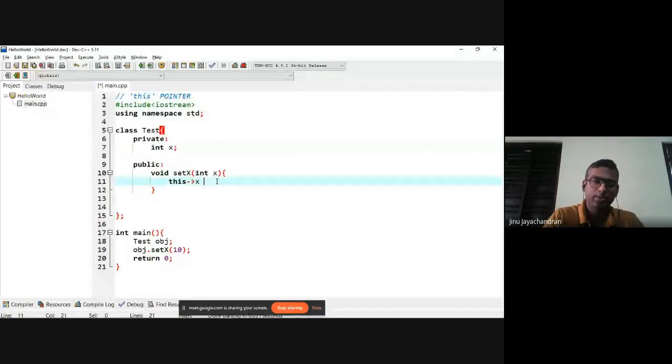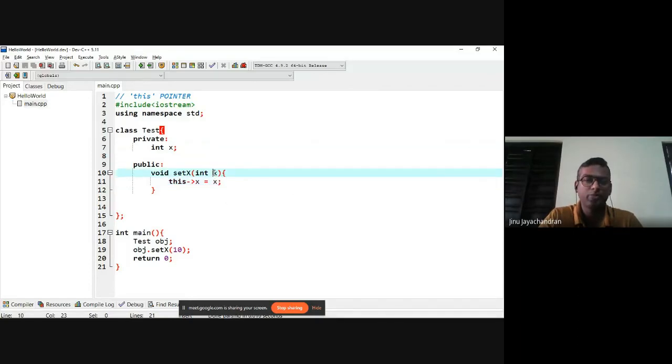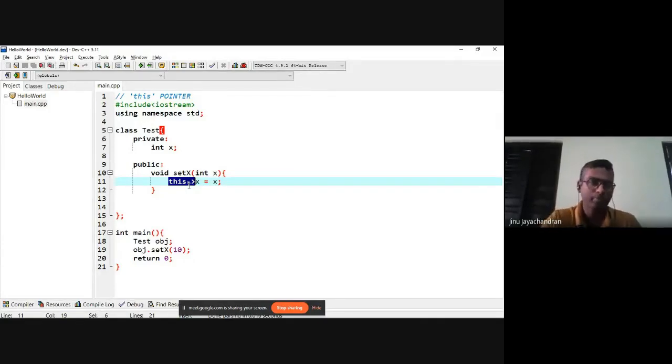And if I do this->x = x, then I assign the value of the input argument x on the right-hand side to the private variable x on the left-hand side. So here we are assigning the value of the input argument to the private variable using the this pointer. If we didn't have the this pointer, there would always be ambiguity about which variable we used.